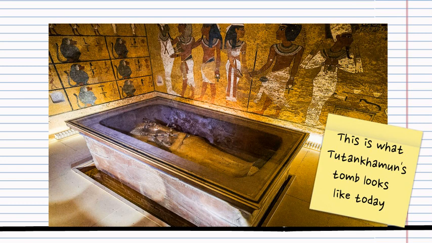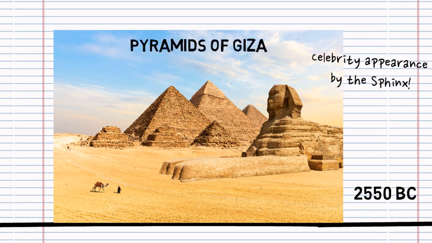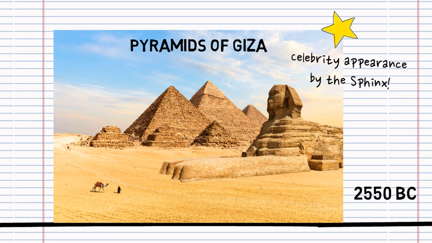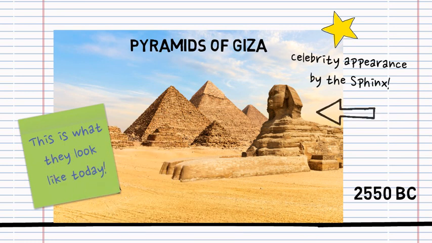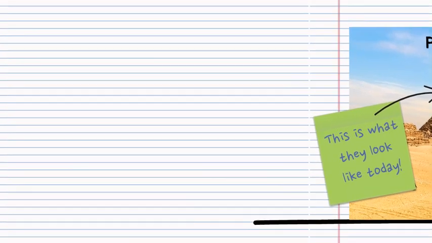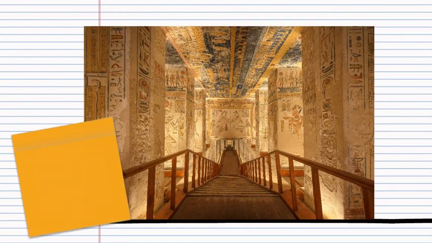But he wasn't the first pharaoh. We need to go back even further. As far back as these. These were built in 2550 BC, which is over 4,500 years ago. These are the pyramids of Giza. The pyramids of Giza are one of the most famous and recognisable monuments from ancient Egypt. They were built as burial places and monuments to some of the earliest pharaohs of Egypt. The Egyptians had to stop building pyramids because they were huge clues for the grave robbers. They had to start hiding tombs in the Valley of the Kings instead.